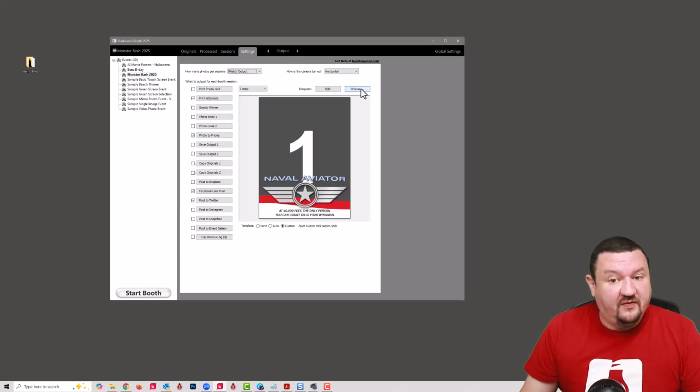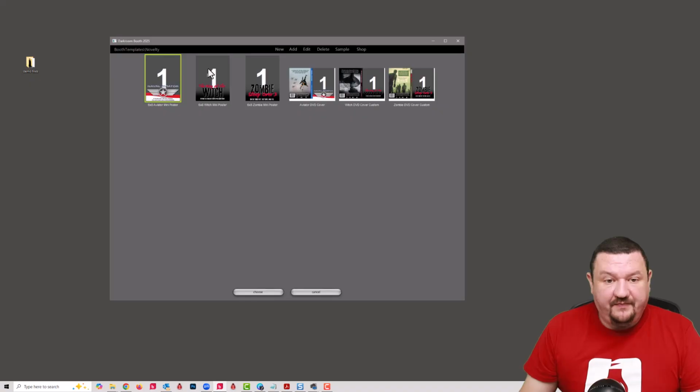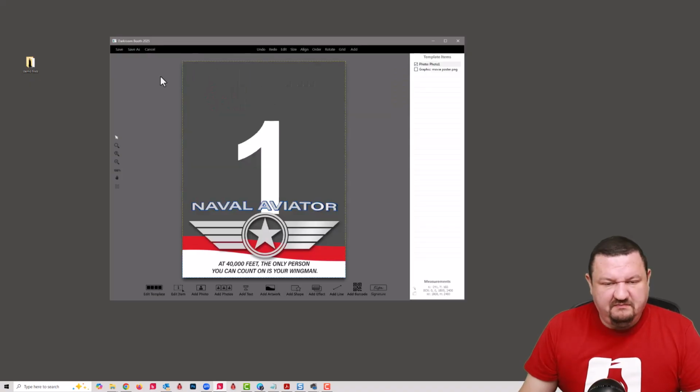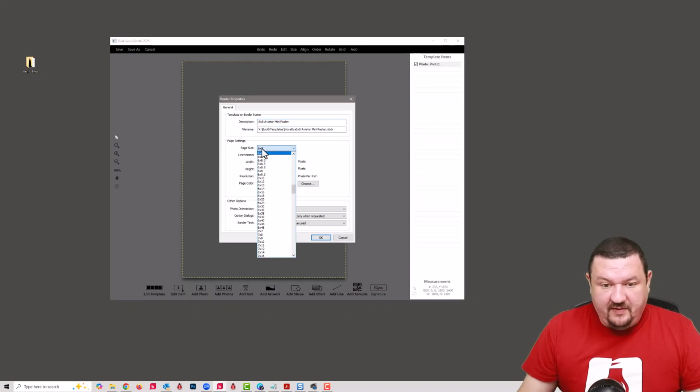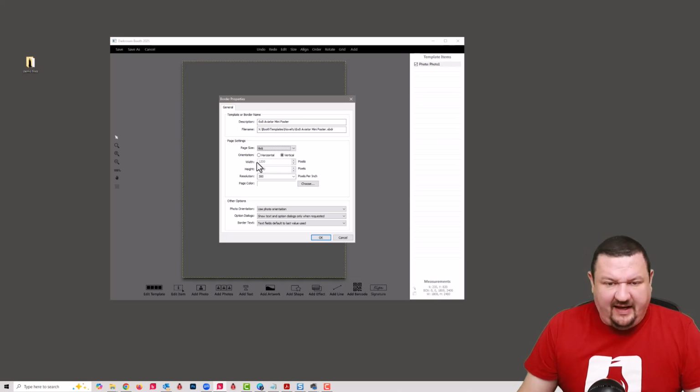And they're all going to be 4x6. So we'll go ahead and start with, it doesn't matter if we're using this one or not because we're going to essentially remove almost everything. So it is going to be a 4x6 print. Now, if you wanted to keep the 6x8, you can. That's fine. But this is just an option if you don't have 6x8 media. So 4x6 vamp,